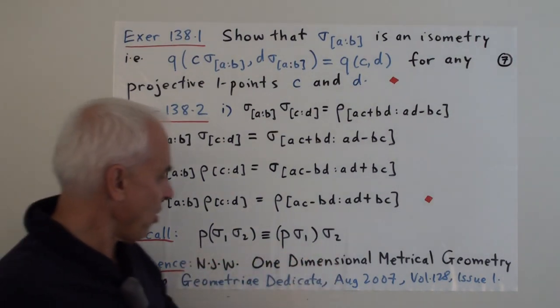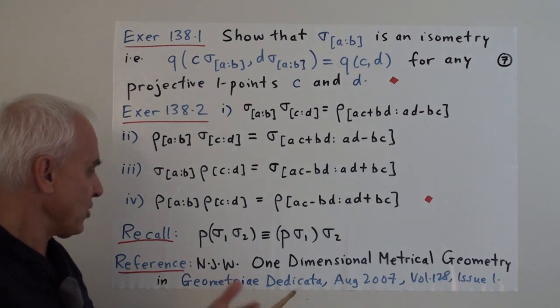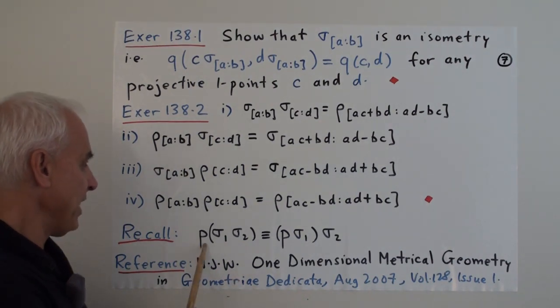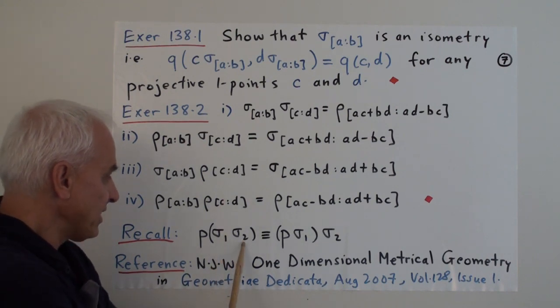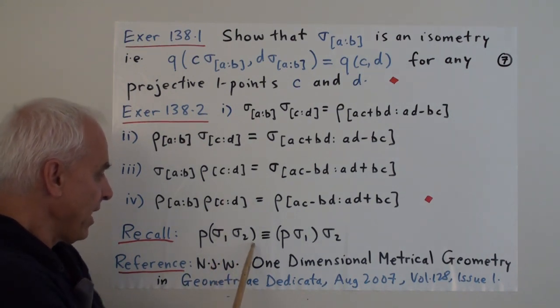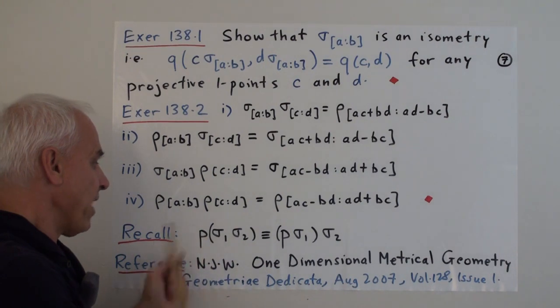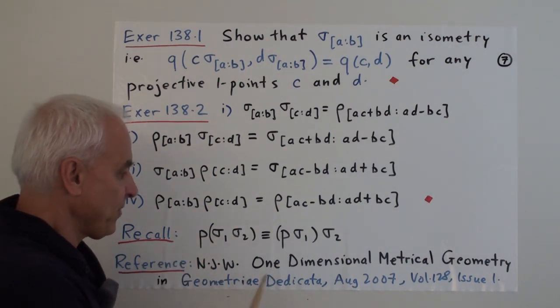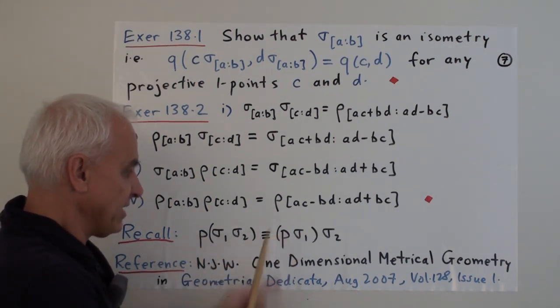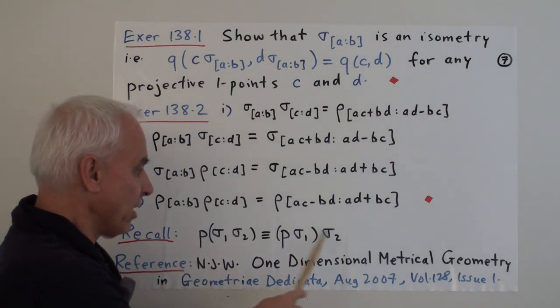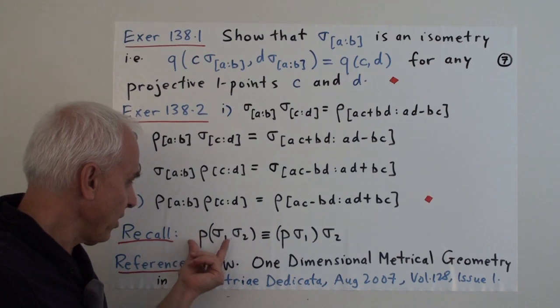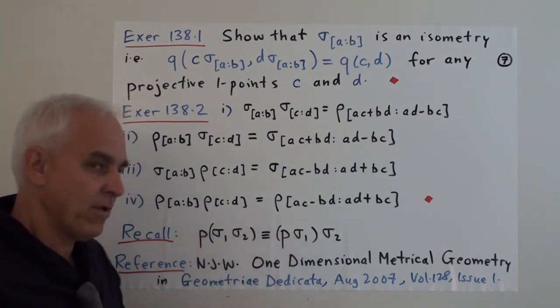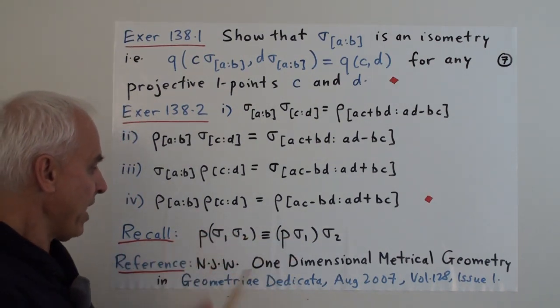Okay, and I just want to recall that the meaning of these compositions is the following. If P is a point, then sigma 1, sigma 2, that product acting on P, or multiplied by P, is by definition this. What you get when you multiply P by sigma 1 first, and then multiply by sigma 2. So basically moving the brackets from here to here. It's kind of an associative law when combining these things.